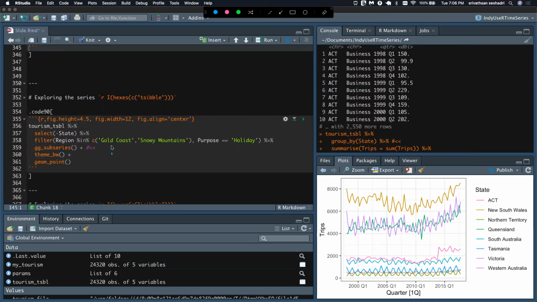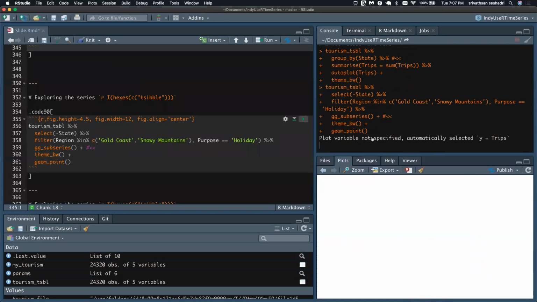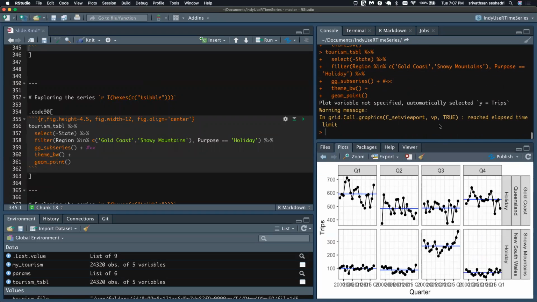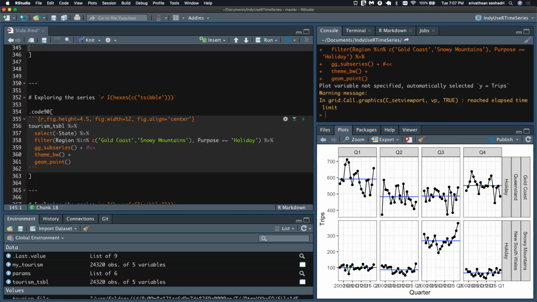What I mean by that is, let's quickly execute this guy. As any good programmer, I ignore the warning message, all right? So I've not even paid attention to it. I wish I could pull this up a little bit. Okay. So here, I have quarterly data for 20 years, right? Now I've selected 2 time series, one in the region Gold Coast and Snowy Mountains, travel for the purpose of holidays, right? So I have those 2 time series.